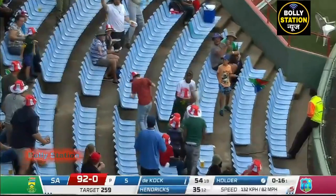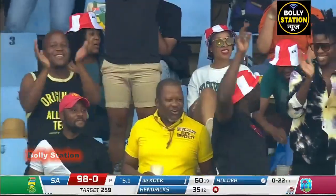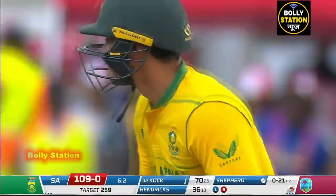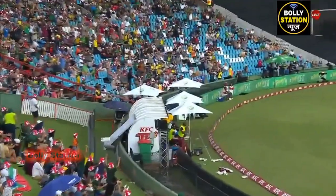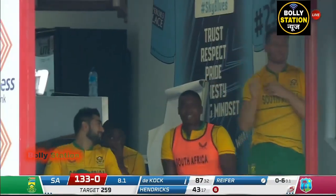This is an exhibition. With me, Ian Bishop and Temba Bavuma, who knows Quinton de Kock. And 6. Flat, hard. Over to you, Bish. We were just conversating and socializing, basically. Well, they're probably enjoying sitting right here rather than that dugout there, because any of the South African players...